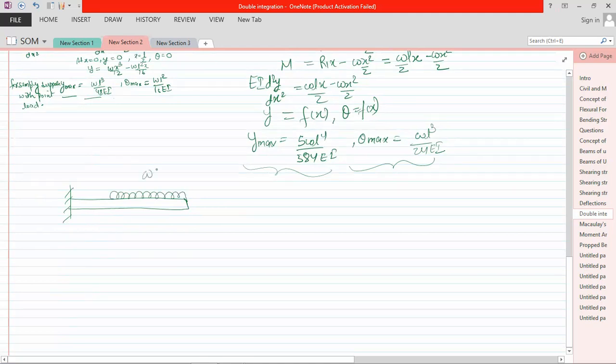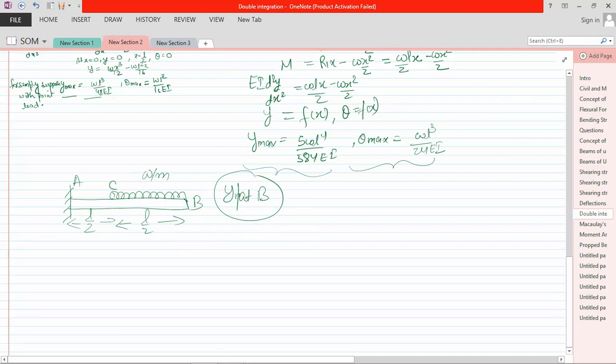Okay, this is W per meter, and suppose the whole length is L, this is L by 2 up to here, and this is L by 2, and you need to find the deflection at a point. Suppose these are points C, B, and A. We need to find the deflection Y at B. Now how will you obtain Y at B? It is given half load. So in that condition, if you don't want to do the double integration method or Macaulay's method,